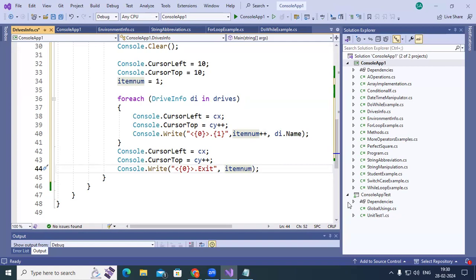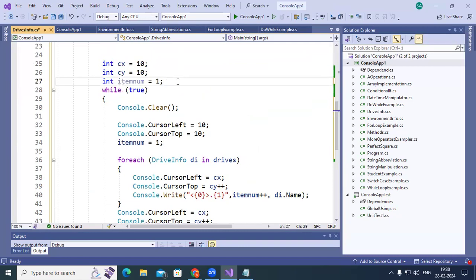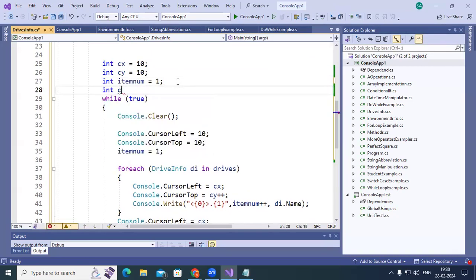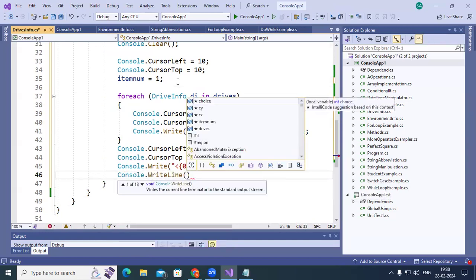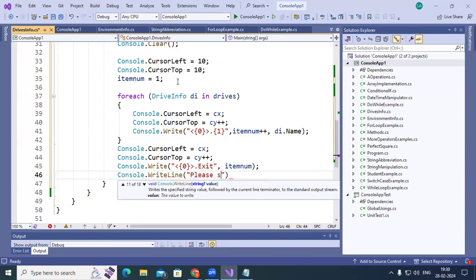And where this is available in the item num, it is available. And here we need to read the data. Okay, here, we are inside the for loop, then write int choice equal to, we put it as some 0. Now here we require console dot write line, please select an option